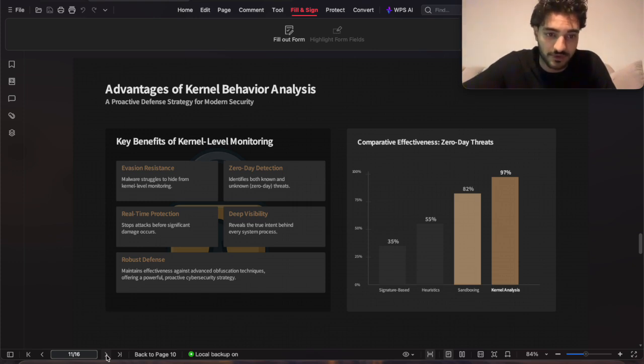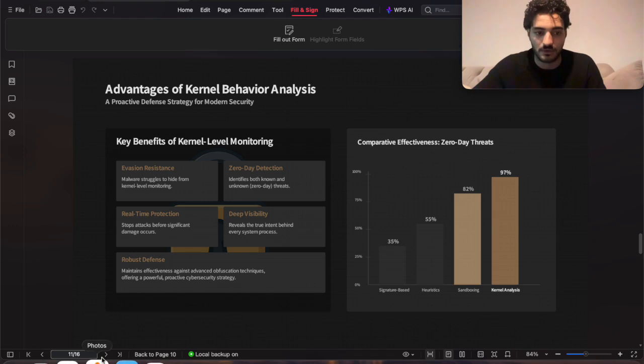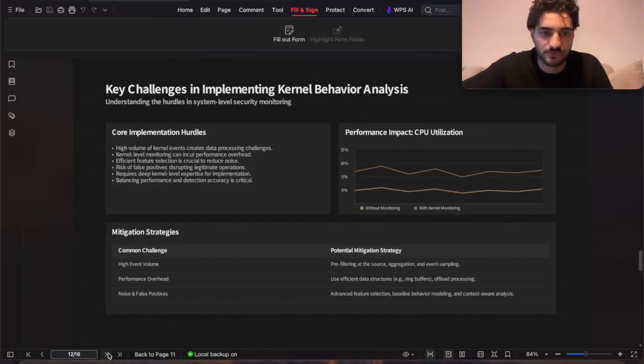Real-time protection stops attacks before significant damage occurs. Deep visibility reveals the true intent behind every system process. And robust defense maintains effectiveness against advanced evasion techniques, offering a powerful protective cybersecurity strategy, as we can see in the analysis. And the last one of my slides, we're going to start with the key challenges in implementing